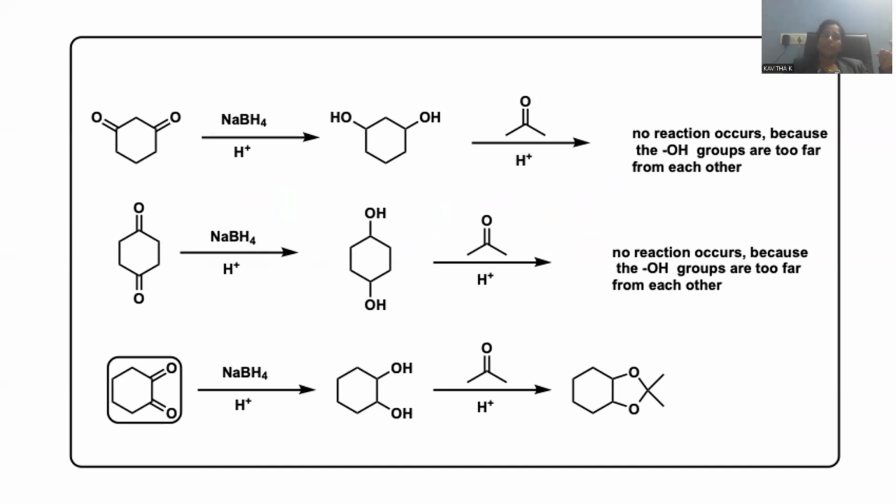Reactivity is possible whenever the functional groups are in the proper position. Then only we can go for further reaction, right? So I'm taking a compound where cyclohexane has a double bond O, double bond O. This is called an active methylene compound. In between two carbonyl linkages, the carbon is more reactive in order to release the hydride, right? So this is the compound which, when added with sodium borohydride, both being ketones only, right? So hydroxyl will be generated. Both 1,3 positions turn into hydroxyl.